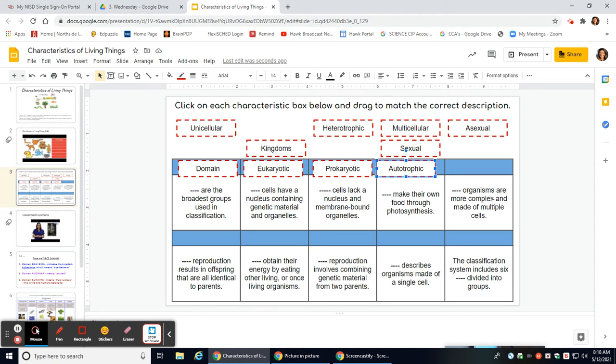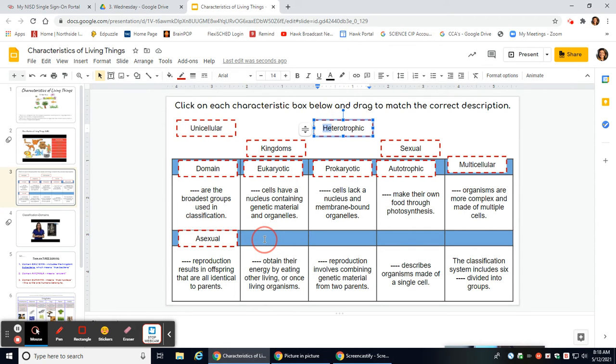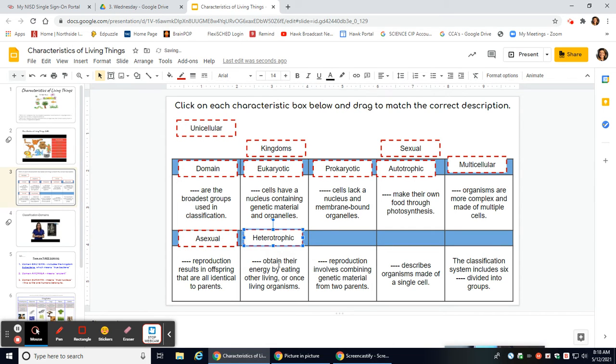Organisms are more complex and made up of multiple cells. It's going to be multicellular. The prefix multi meaning more than one. Reproduction results in offspring that are all identical to the parents. Remember, asexual reproduction involves just one parent, and then the offspring are identical genetically to that parent. Obtain their energy by eating other living or once living things. I would say heterotrophic. Heterotrophic, they cannot make their own food, so they have to obtain their energy by eating